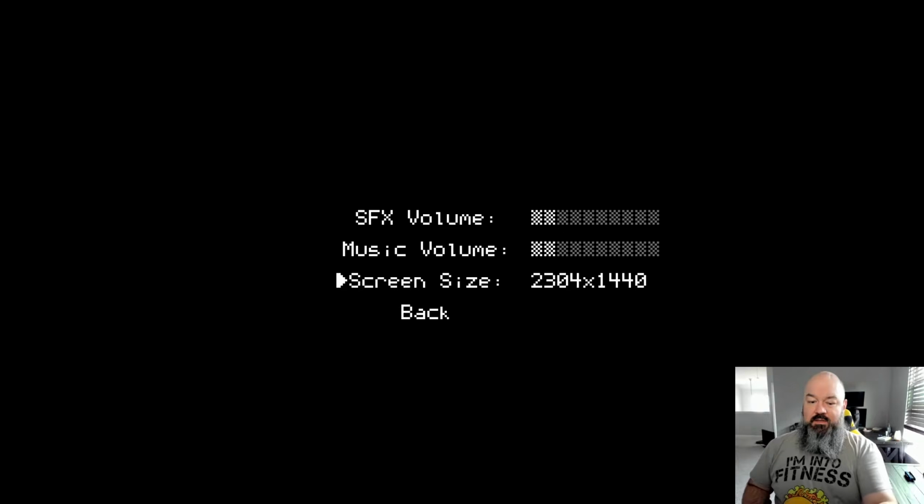So you can see here, we can draw at a maximum resolution of 2304 by 1440, because that is the maximum size my monitor, which is 2560 by 1440, can accommodate while maintaining the correct aspect ratio, which our game's resolution is 384 by 240, which I